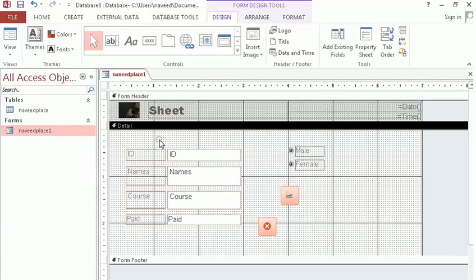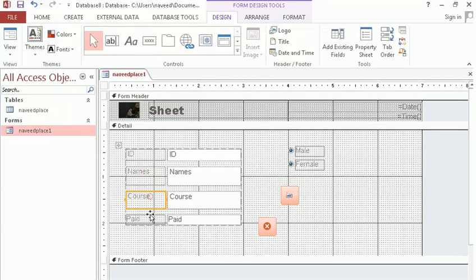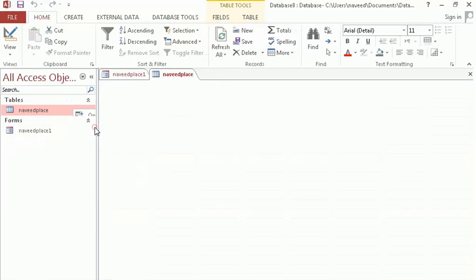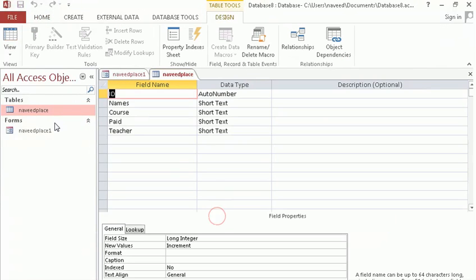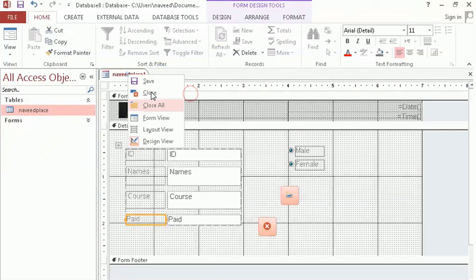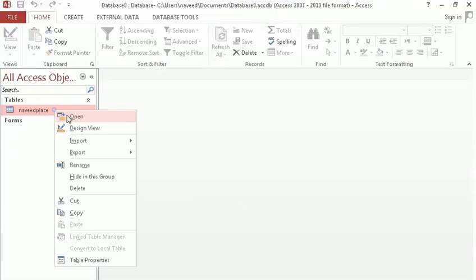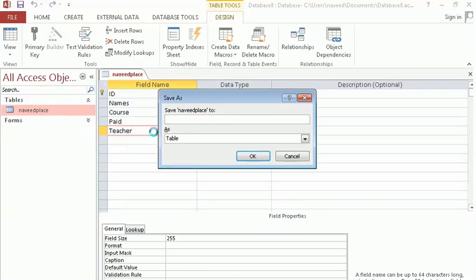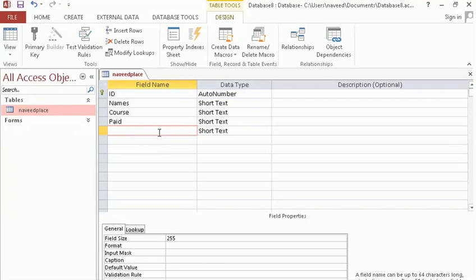No. In order to put one more field, for example, as you can see we have ID, names, course and paid. If you want to add one more field, I will go and click on table, and as you can see they are showing me a table. I will again right click and click on design view, and first I turn this off, then it will be easy for you to see, and then, if I want to add one more column, for example salary,